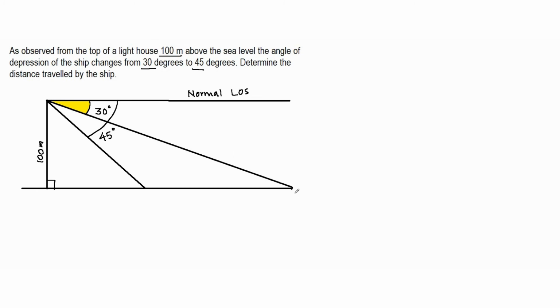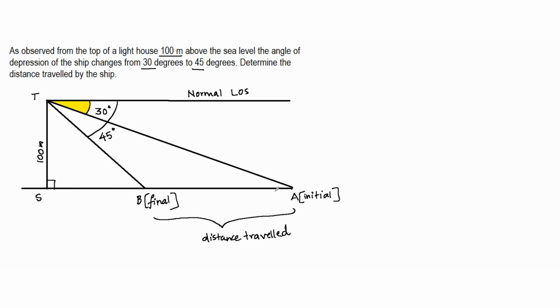Now we have to determine. A is the initial position of the ship. B is the final position of the ship. This is the top of the lighthouse, T, and this is the bottom of the lighthouse, S. So TS is the lighthouse, A was the initial position of the ship, B was the final position of the ship. We have to determine the distance traveled by the ship. So the distance traveled by the ship is going to be the length AB. To solve this problem, the first thing I'm going to do